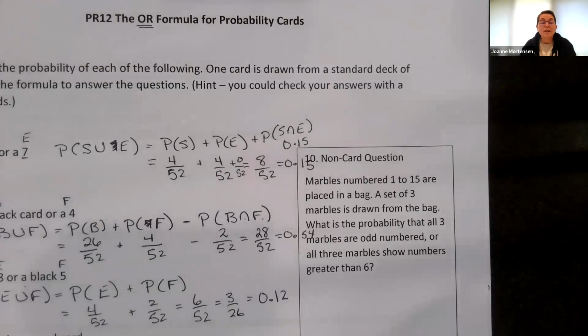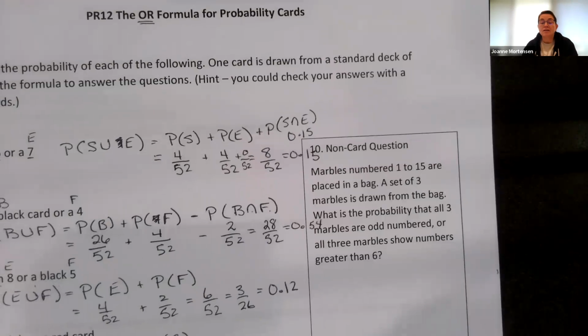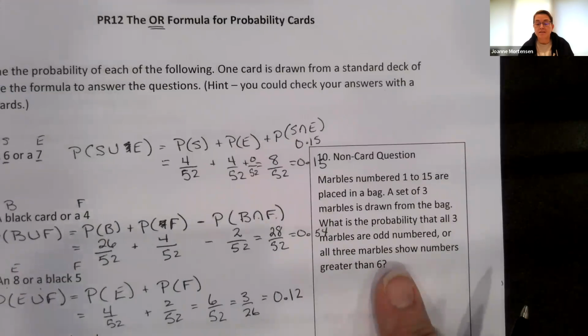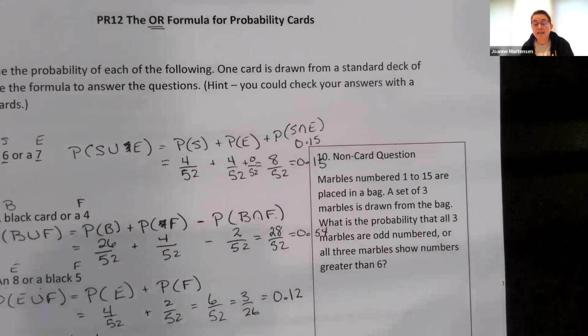Alrighty then, welcome to video probability 12, the OR formula for cards. And I'm doing question 10 because I got all excited about being done with the cards and I forgot to see this one, question 10. It actually looks really simple. However, there's a key word in here